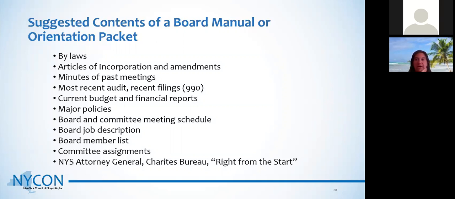There was a question about how large is the Nikon board. So our board is fairly large. I think we have about 20, 21 people right now. So certainly, it's easier with larger boards to think about bringing on larger groups of people on an annual basis. If you only, let's say, have 7 or 9 people, and you don't have term limits, that makes it much more challenging. So not all solutions work for all organizations, but it's definitely a good resource.